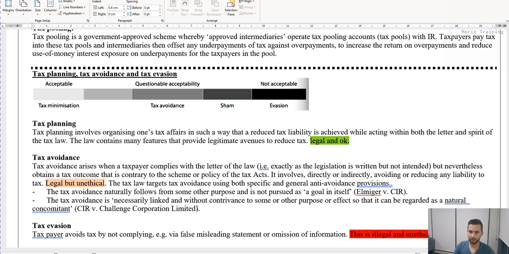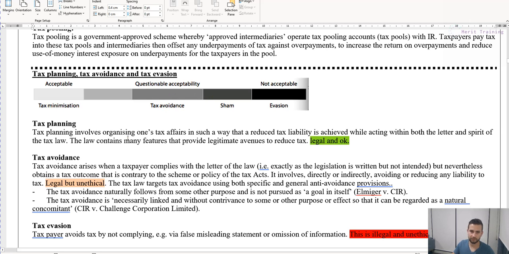But you're also following the spirit, which means the meaning or what was originally intended. And of course, there's different ways to structure affairs. So some might increase your tax, some might reduce your tax. It's all legal, it's all perfectly fine, right? It's well within your right to do tax planning and tax minimization. Now, as you head further down the scale of legality and ethicality, you start getting into this gray zone, which